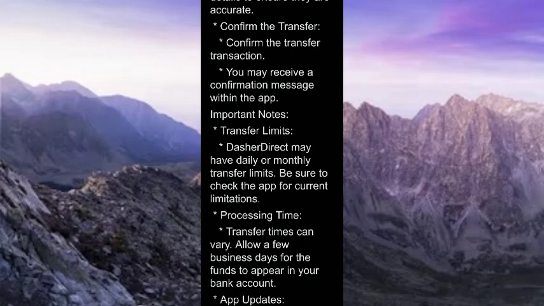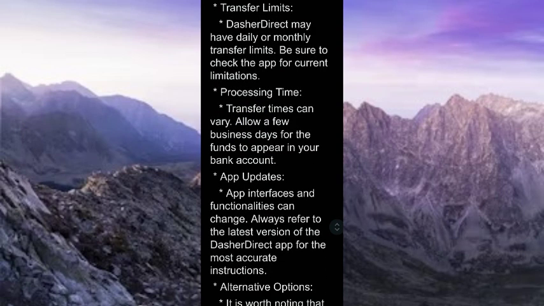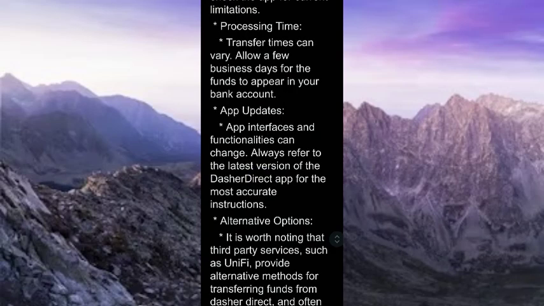It's important to note that Dasherdirect may have daily or monthly transfer limits, so be sure to check the app for current limitations. Transfer times can also vary. Allow a few business days for the funds to appear in your bank account. Also, app interfaces and functionalities can change, so always refer to the latest version of the Dasherdirect app for the